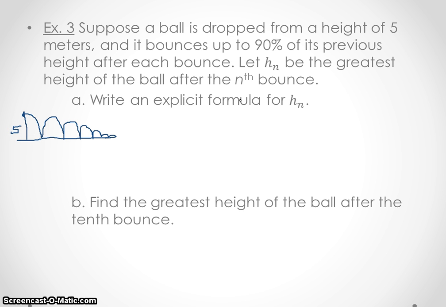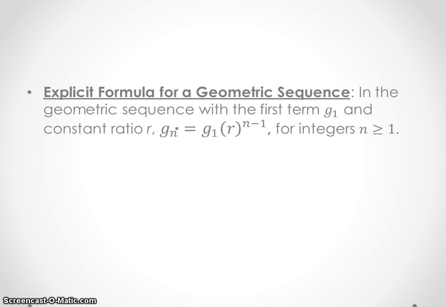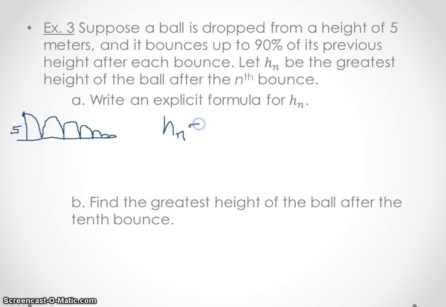So it says write an explicit formula for h sub n. Now h sub n is the same thing as g sub n, so we're just going to use h for height here. We have to go back and get that formula we had. G sub n equals g sub 1 times r to the n minus 1. I'm going to just copy that. So instead of g's, we're going to have h. So h sub 1 times r to the n minus 1. And then we would write out, for integers,